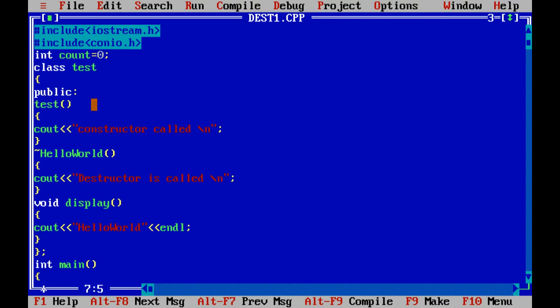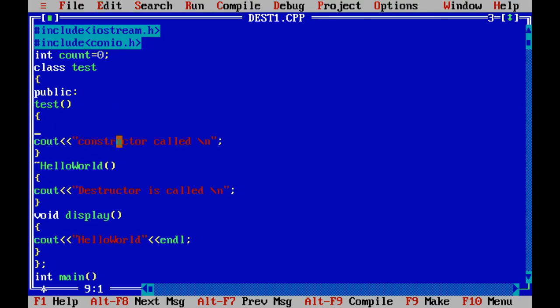So Test(), count++ whenever the constructor is invoked, and cout "constructor count is called". That's it. And destructor ~Test,